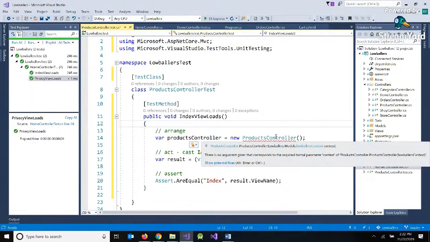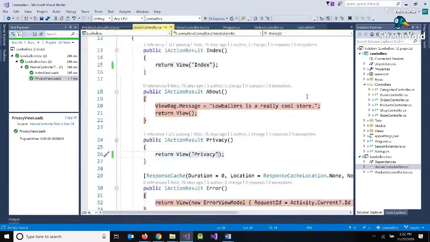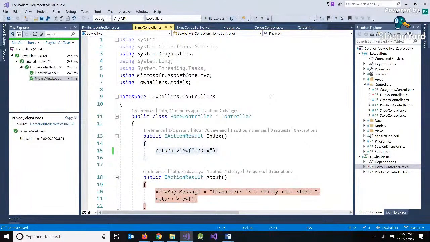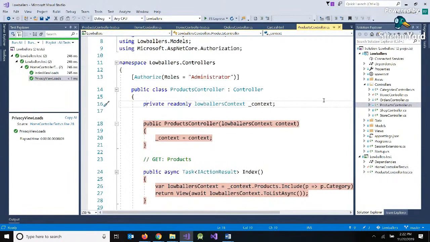Here's our friend dependency injection again. We didn't get this error for the home controller, but we've got it for the products controller. So let's have a look at those two files. Here's our home controller. Our home controller, in fact, has no constructor at all. We can just instantiate it. Our products controller, which we scaffolded,